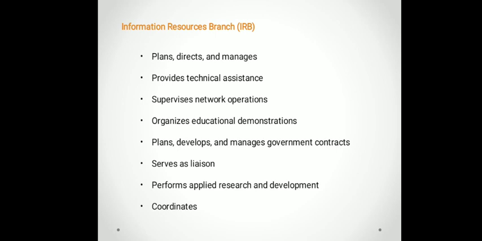It supervises network operations for NCBI and coordinates with other government agencies